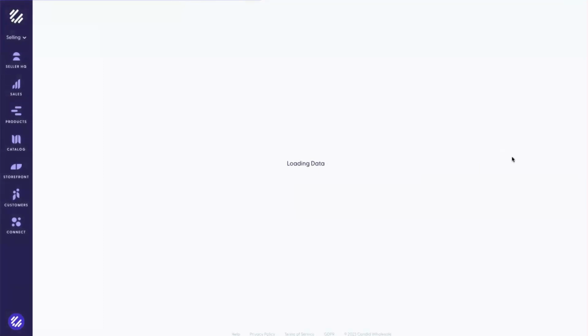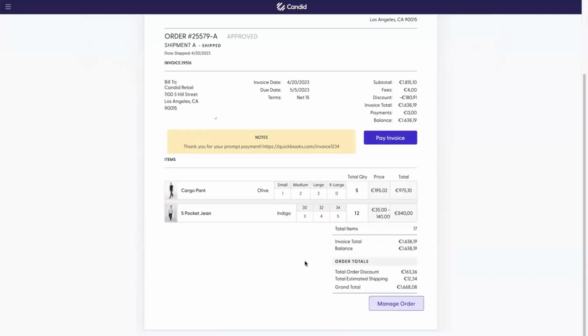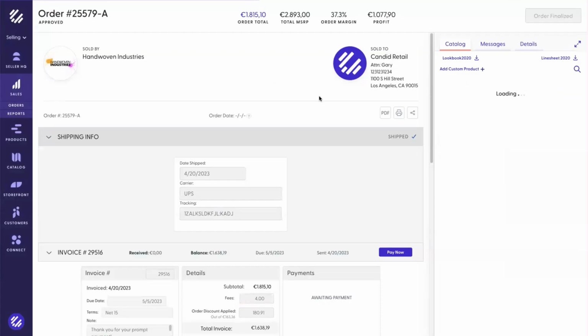They get a very streamlined view because the order's been finalized. You'll notice it looks a lot more like a paper order without editability. And if you do want to manage it, you can click on this Manage Order button, and it takes you back to the full proper Candid editing interface. But that's not what you see by default, because at this point, the thing to do is to pay for